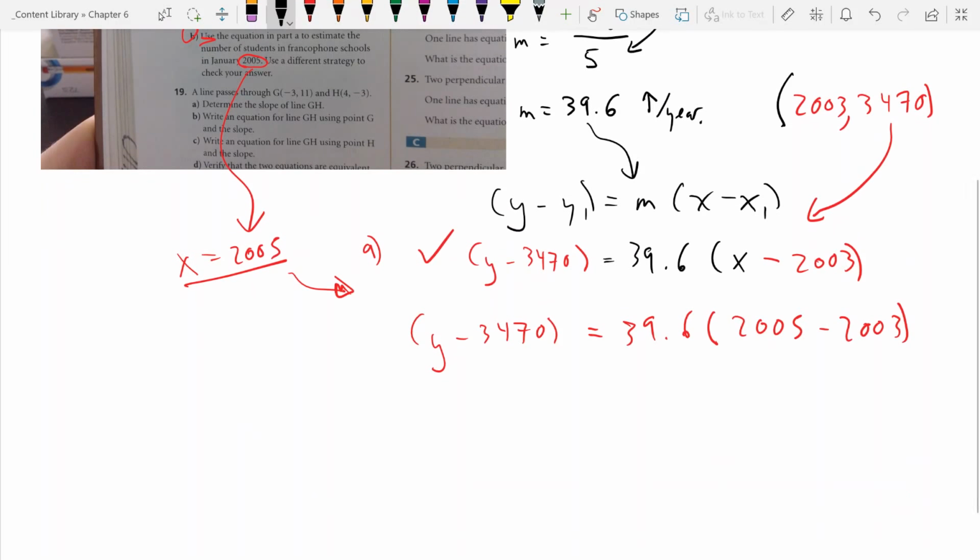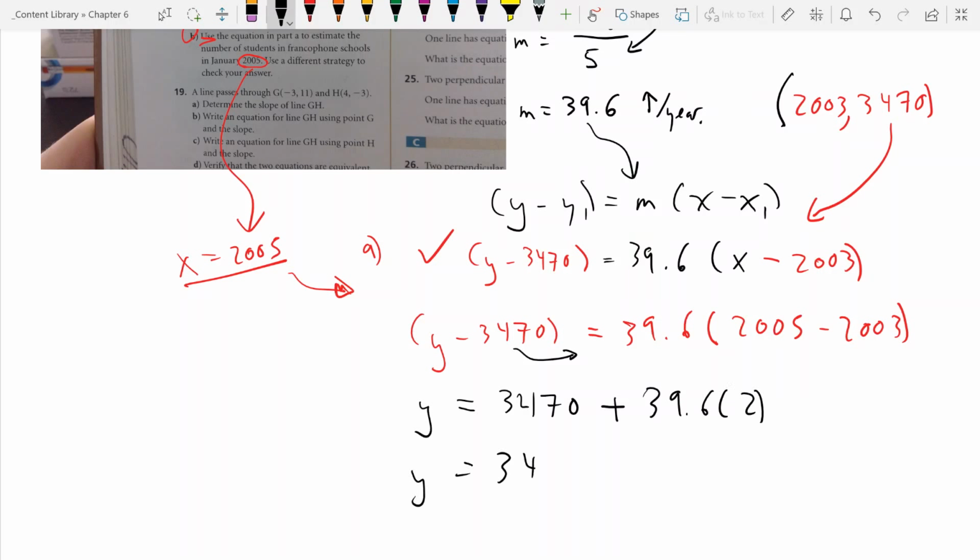When I actually do the math and the steps, I just move this to the other side. I'm going to do the inside of the brackets first, so it's easier. 39.6 times 2. Okay. y equals 3470 plus 39.6 times 2. 6 times 2, I got 79.2, so the final answer is going to be